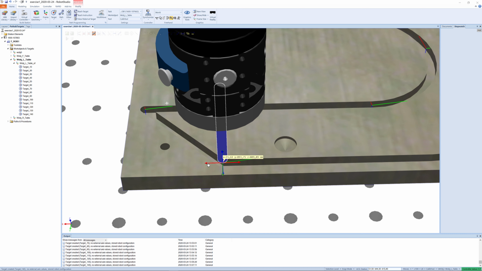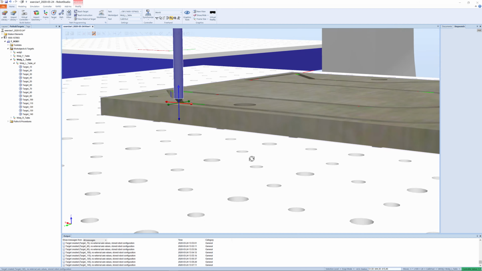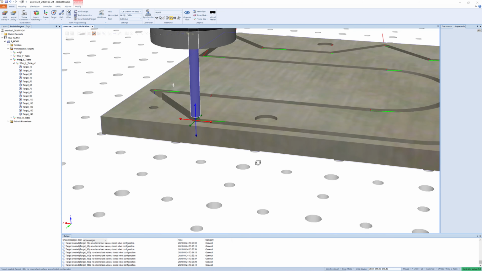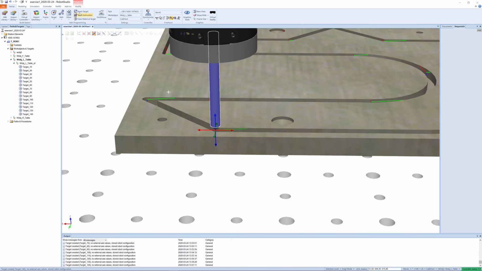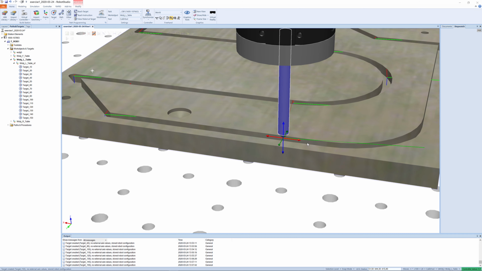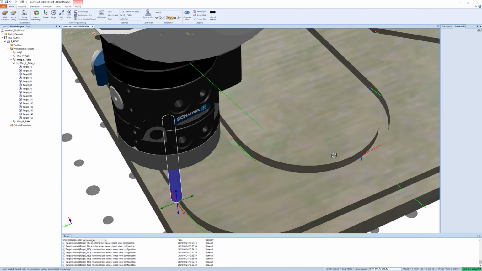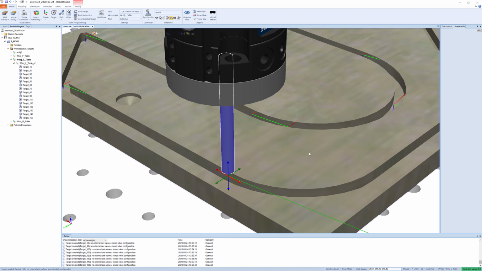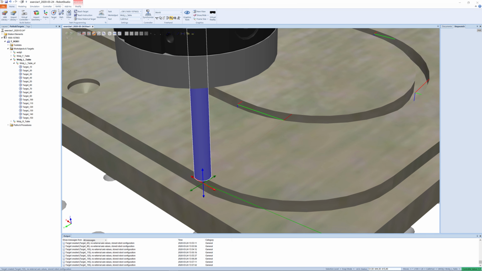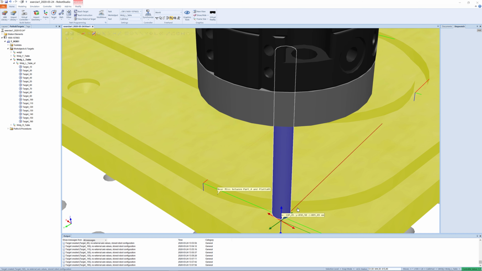Move back. Till we have a hit. Teach target. Then forward. Till about here, where it starts. Teach target, and then somewhere in the middle,